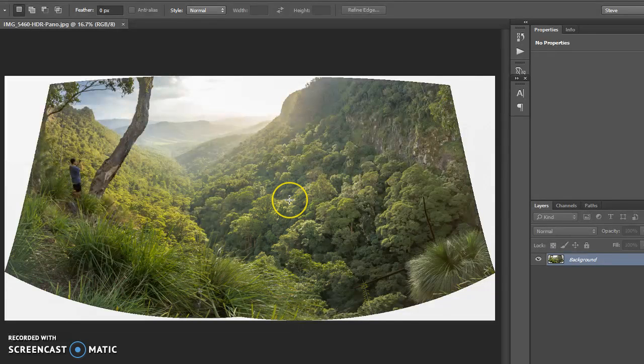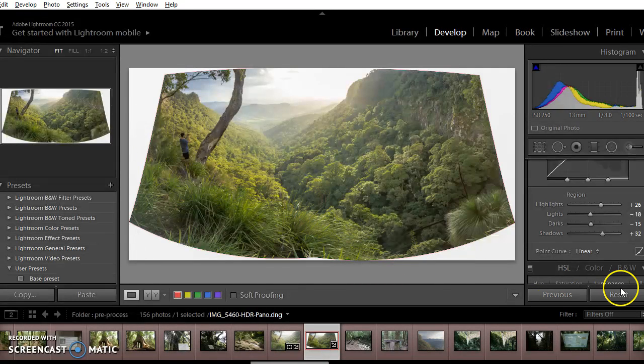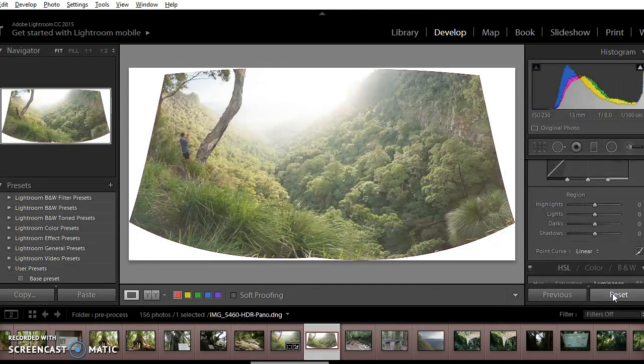Okay, so that's loaded into Photoshop. Just before I go there, I'll just quickly show you why I use Lightroom. So if I click on the reset, this is going to show you what the image looked like before I did anything. So there we go. And if I do Control Z, we'll show what Lightroom is capable of with raw editing. You can see that there's not a lot of information up the top there at all,